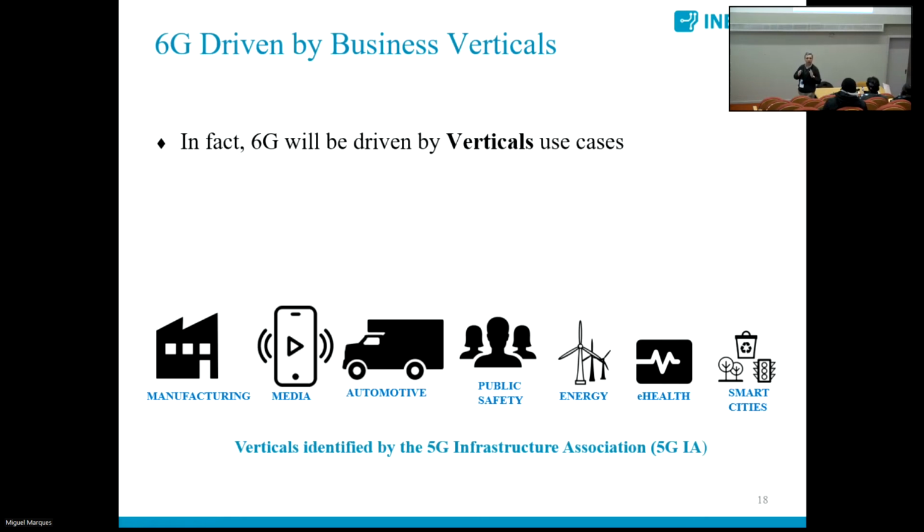We are looking at different business activities and trying to understand what new applications we can have if we have this capacity and this type of network available. And so we are defining use cases for each of these business activities, which we call verticals, and based on that,